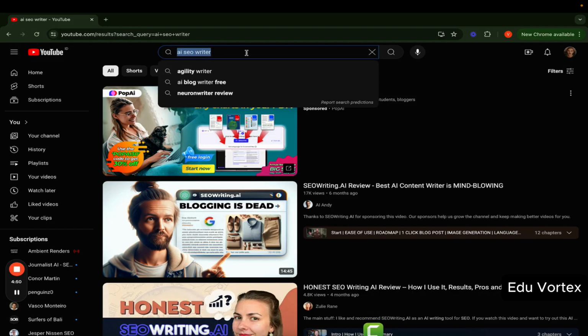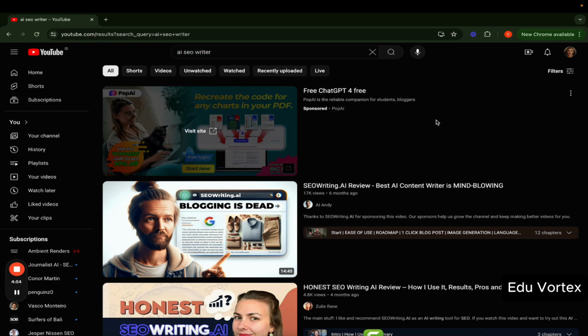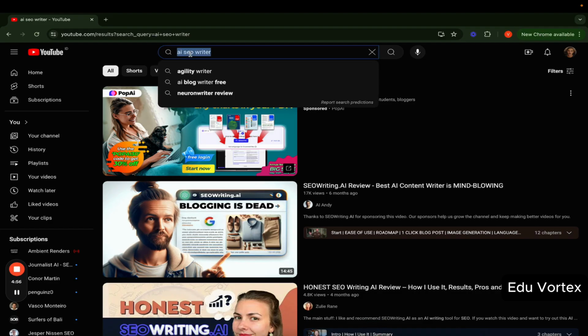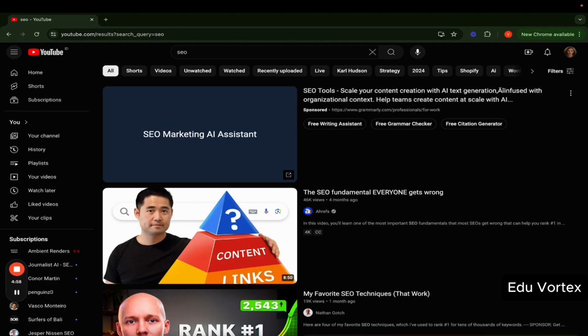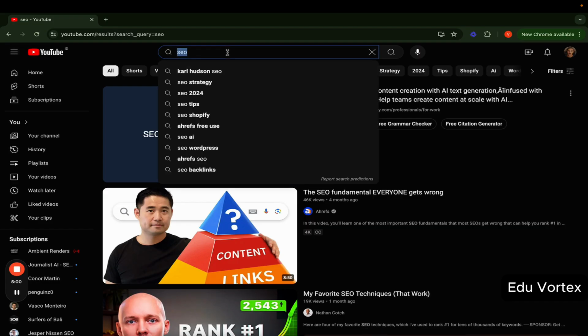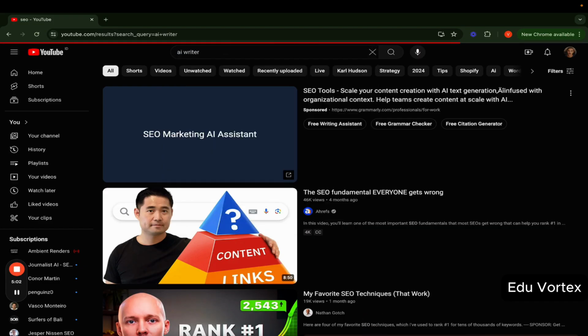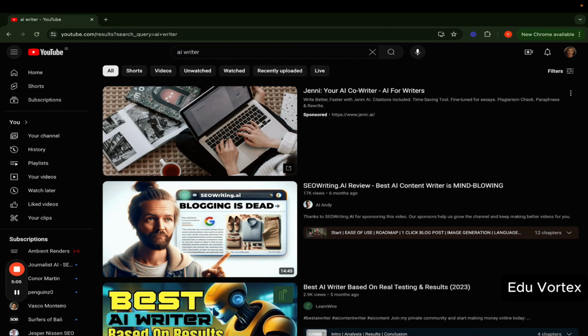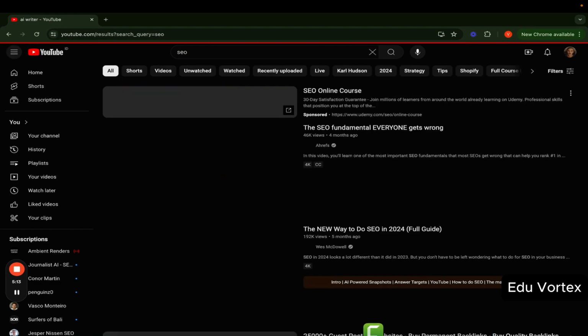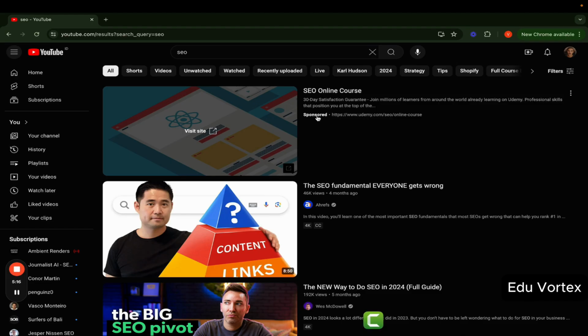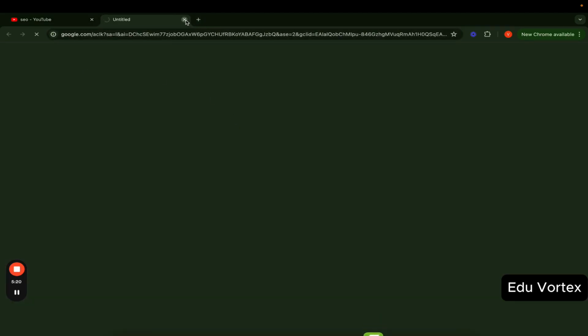For my money keywords, I make sure the keywords I'm running these search-based ads for have high buying intent. So I would not run this for the word SEO, right? It's too broad. These guys are doing it, but I wouldn't do it. I'll run it for AI writer or AI SEO writer because our product is that. And I want to make sure that I satisfy the user search intent with the keyword and with the video that I'm showing them. Because if someone's searching for SEO, their search intent could be a course.